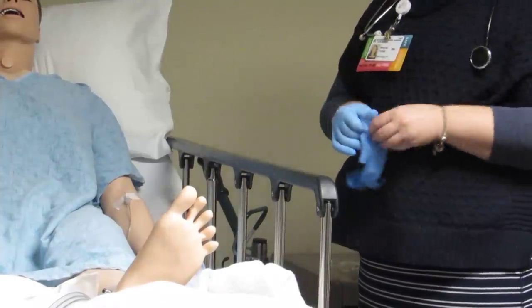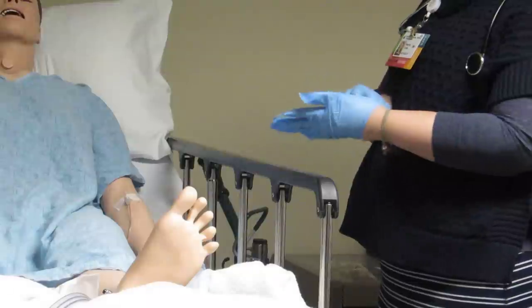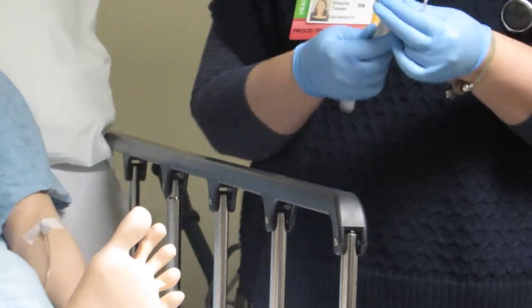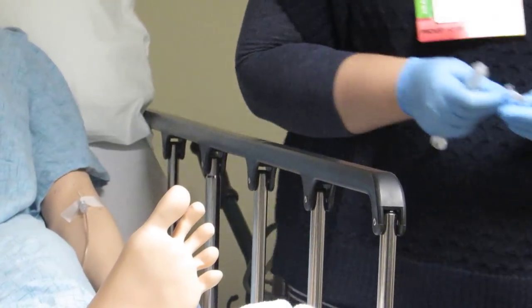IV site is good for 4 days, so 96 hours. So you want to make sure that your IV hasn't been in longer than that or it needs to be changed. I'm going to open my package. I'm going to assemble my IV flush. I'm going to screw off the top part. Open